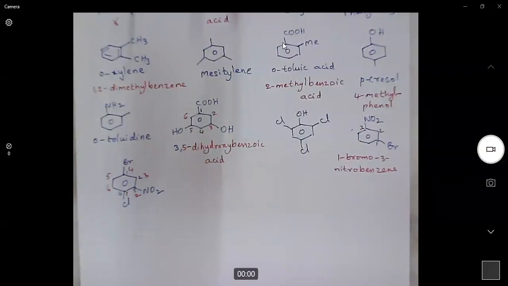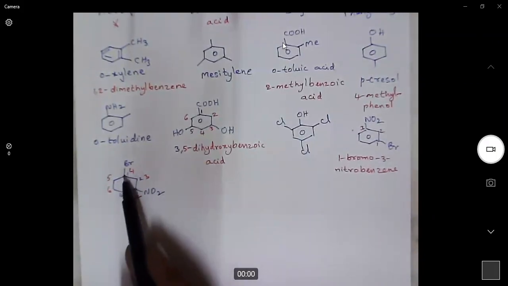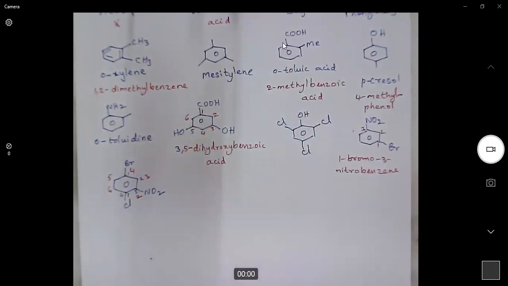Now, when we write the nomenclature, what should we write? Shall we write the first substituent chloro, then the second substituent nitro, and then the third substituent bromo? No. While writing the nomenclature, we must follow alphabetical order. When we are giving numbering, we must follow the lowest sum rule. While giving nomenclature, we must follow